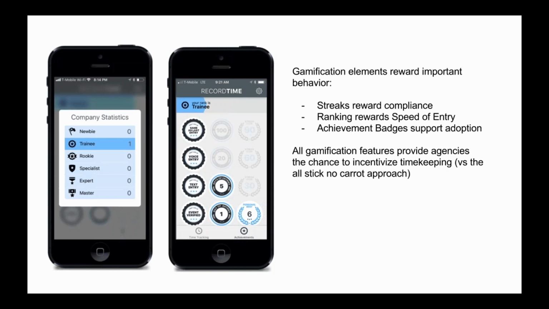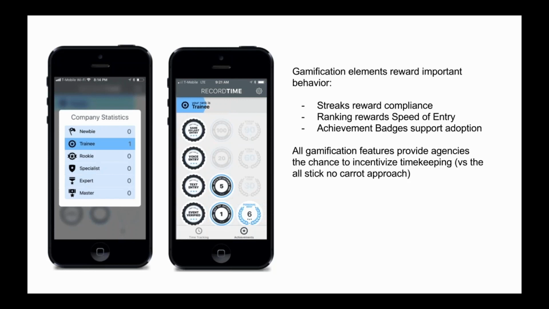Like you can have a pizza party for everybody that has a rank of trainee or above, or you could do an ice cream social for everyone who has achieved the anniversary badge, or there are just an endless number of ways of incentivizing timekeeping through the app, which now changes the paradigm around timekeeping from it's all stick, no carrot